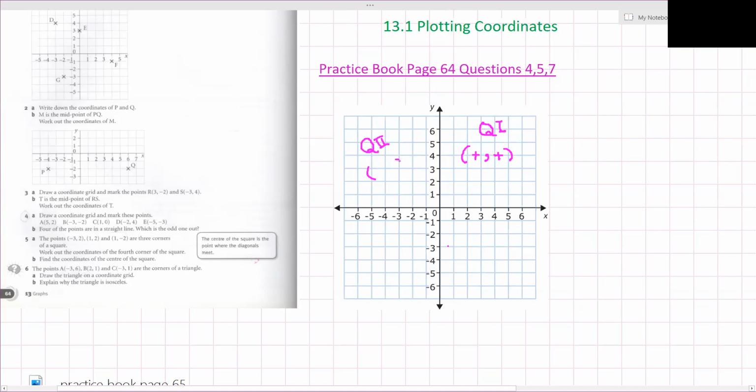Any point that lies in this quadrant, the x coordinate for that point is negative, and the y coordinate for this point is positive. And any point that lies in the third quadrant, here quadrant 3, the x coordinate for this point is negative, and the y coordinate for this point is negative also. And quadrant 4,